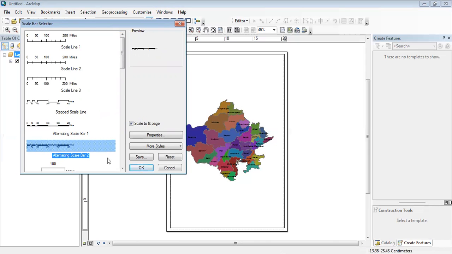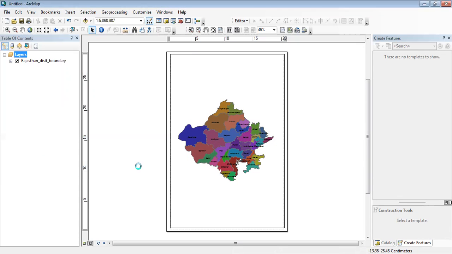I add this scale, and then okay. You can drag this scale from here to here at the bottom. This is the right place for the scale, right? And then next step is